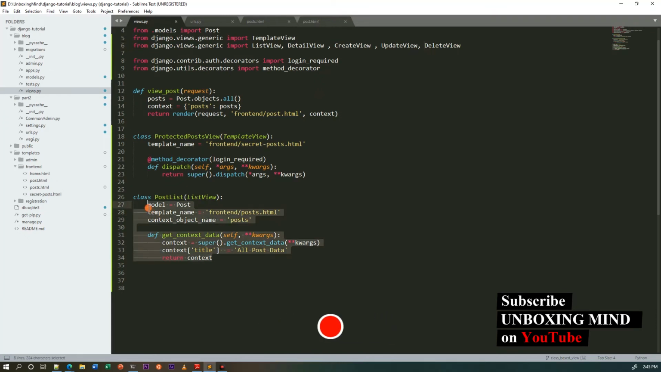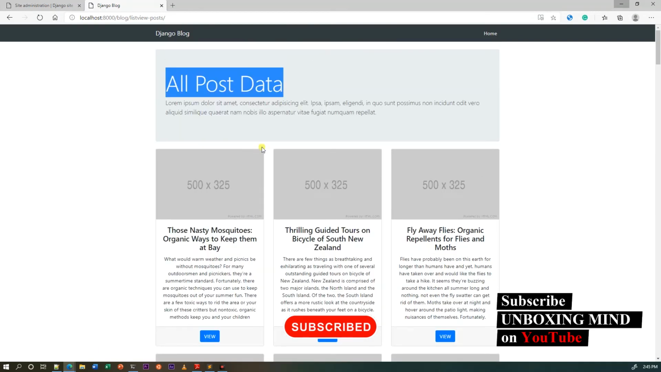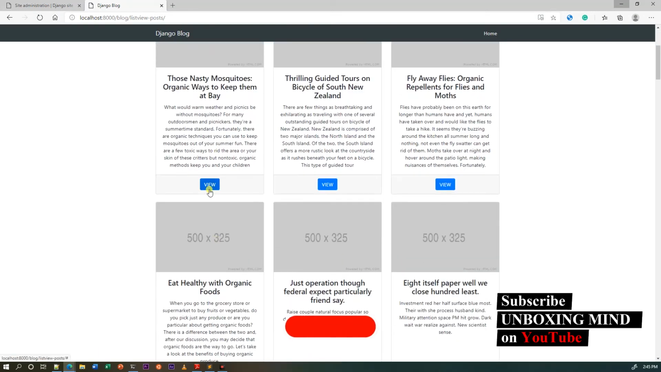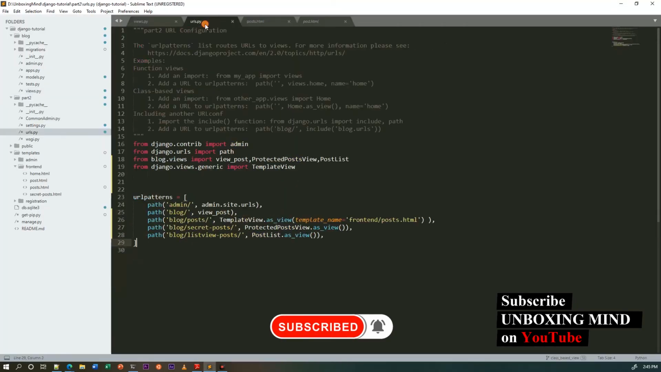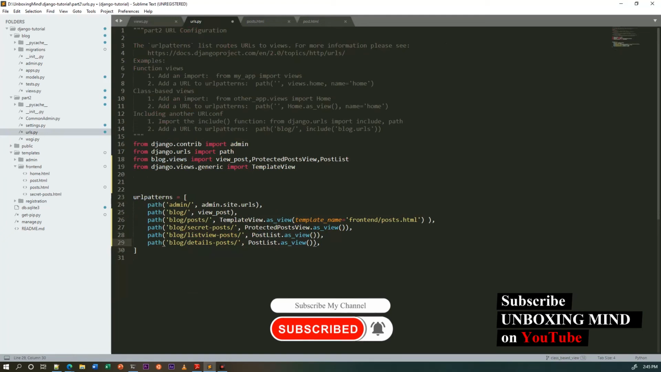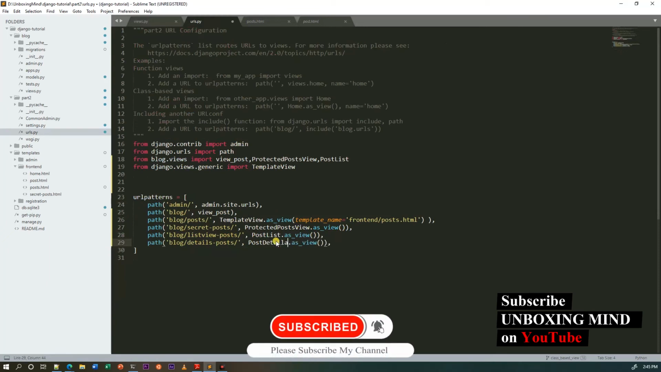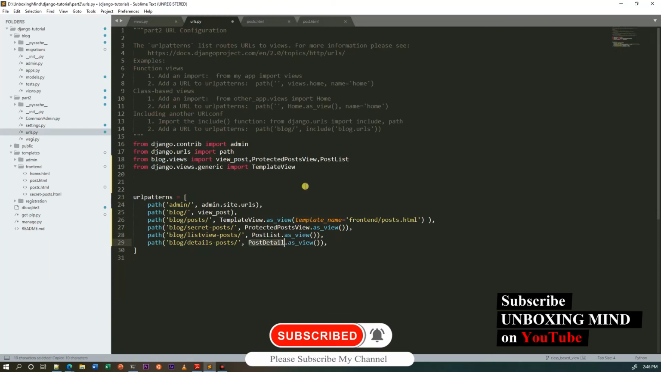Now, next thing, for demo purpose, I'm going to create a detail view. For that, we can simply create another URL here, detail, and we need to provide some ID, the ID, and PostDetail class. I will create this class in the view, and if I go here and simply create the class,